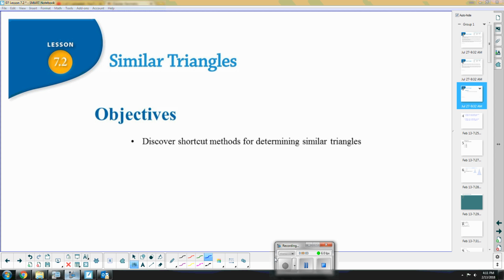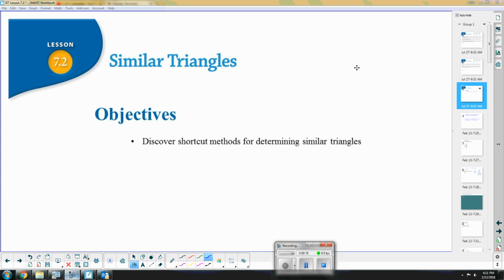Hi ladies, this is the second lesson in Chapter 7. Chapter 7 is all about establishing similarity. So in this lesson we're going to look at similar triangles. We looked at the idea of similar versus congruent in the last lesson, and we're going to explore that